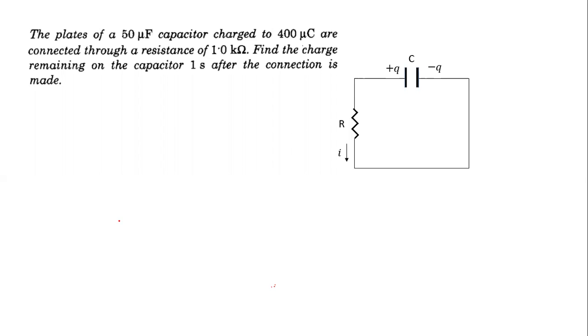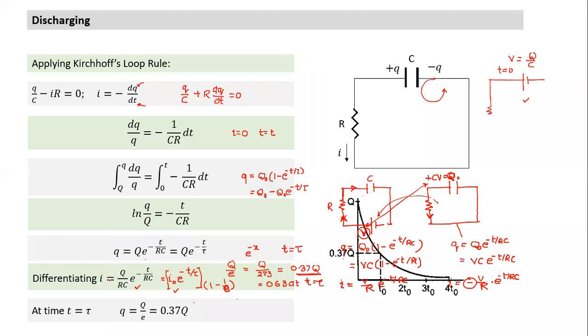What do I mean by instant? If charge transfer takes place in an infinitely small time, very large current, very large current. So in this equation also, does it tell you the same thing? What will happen if R tends to 0? What is the current equal to? Infinity. If R tends to 0, the time constant becomes 0. So it will immediately get discharged.